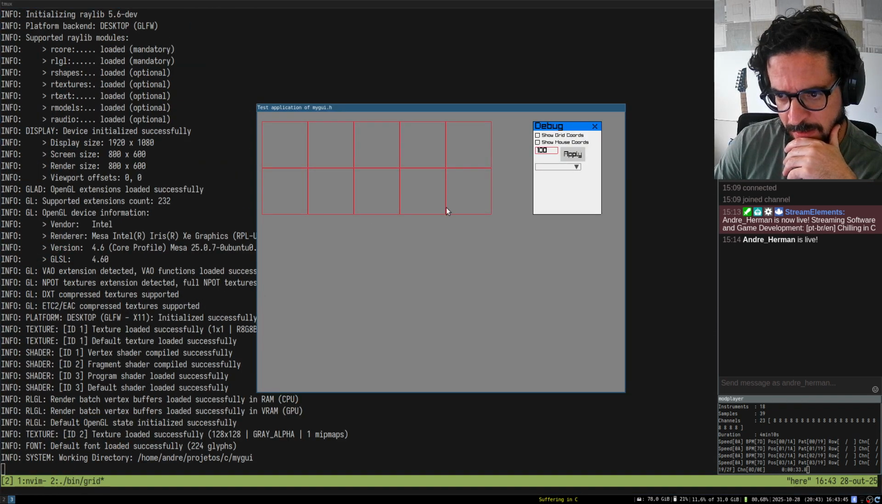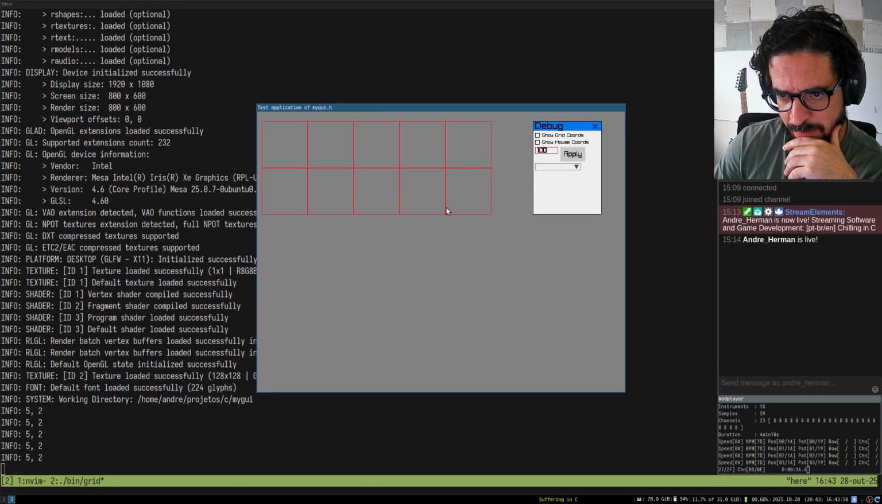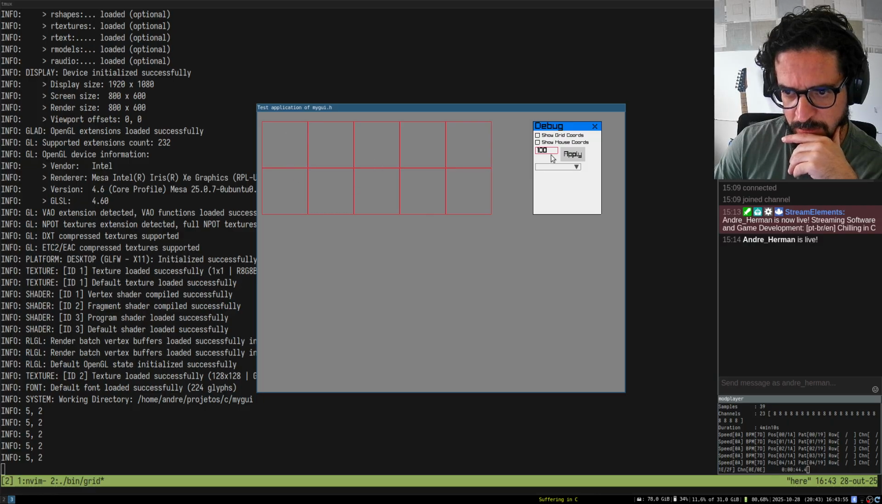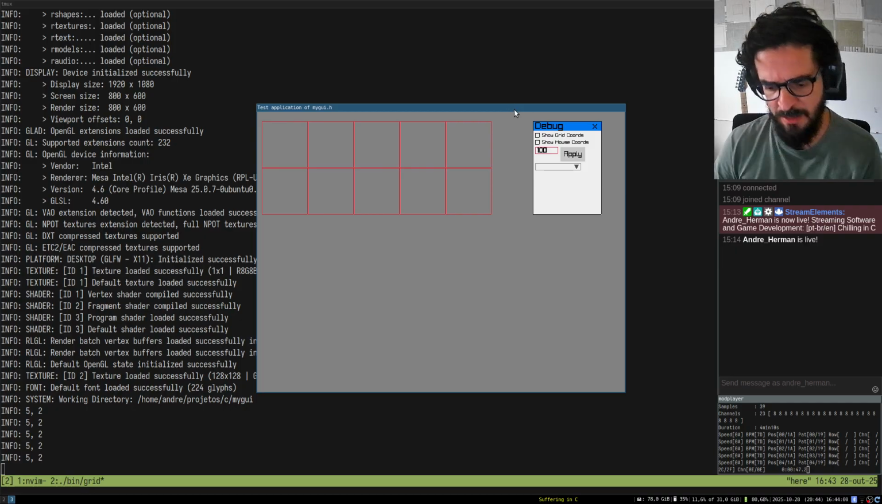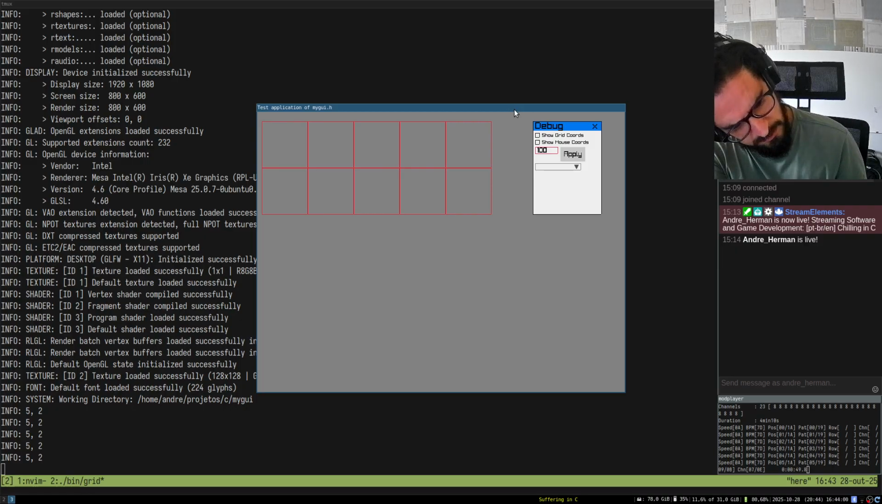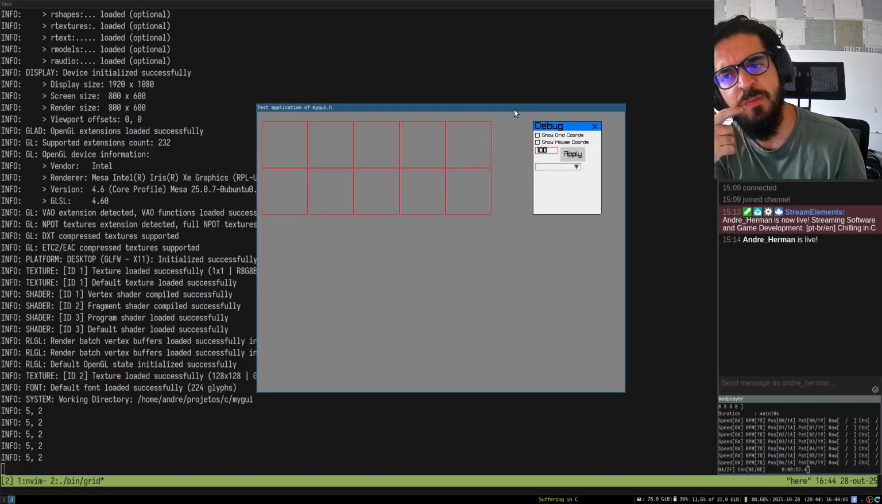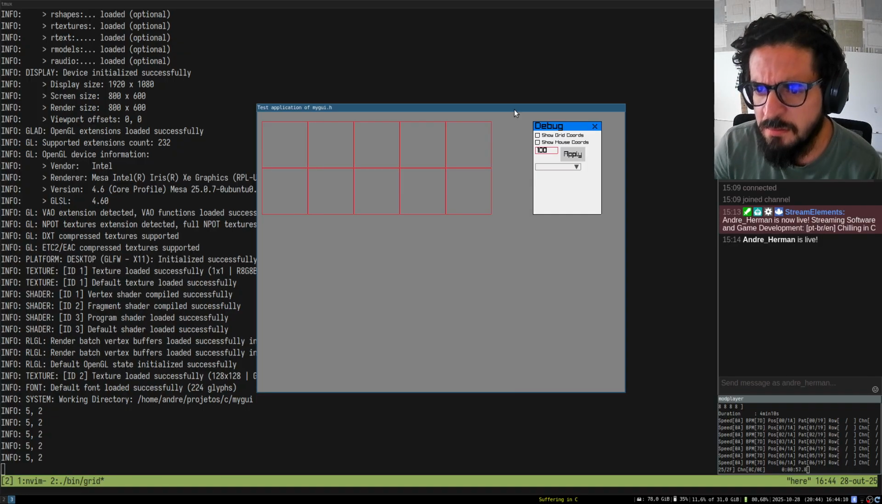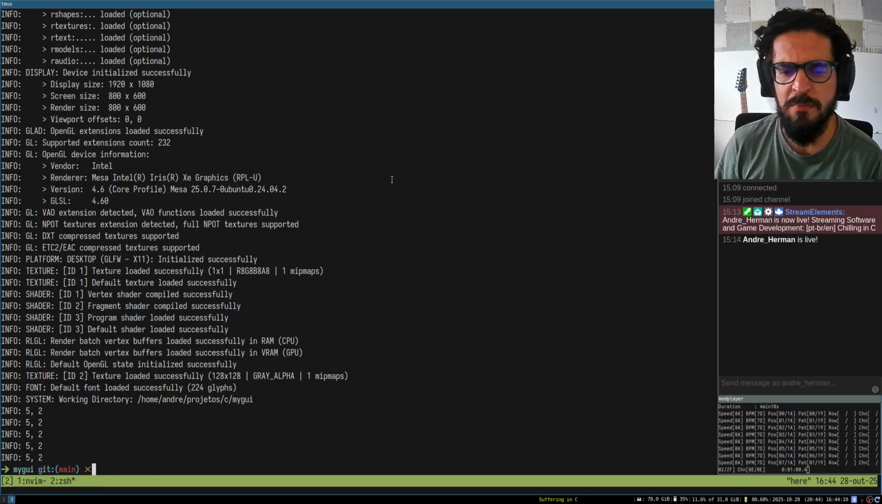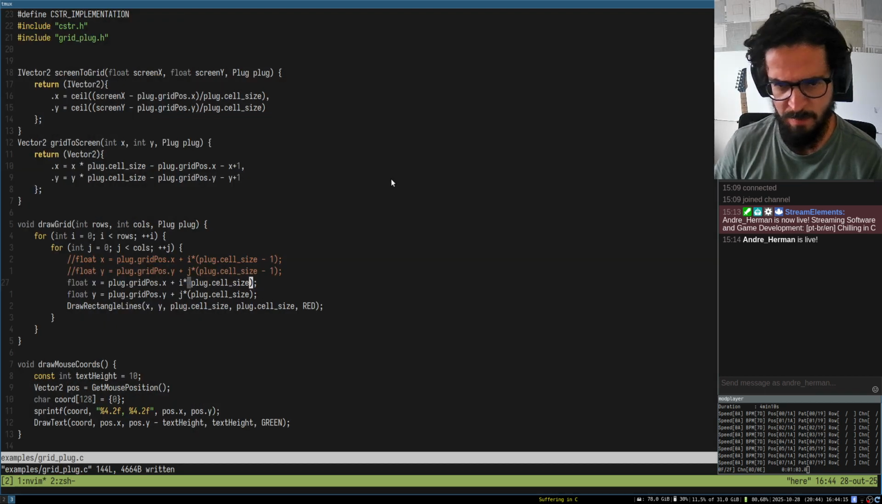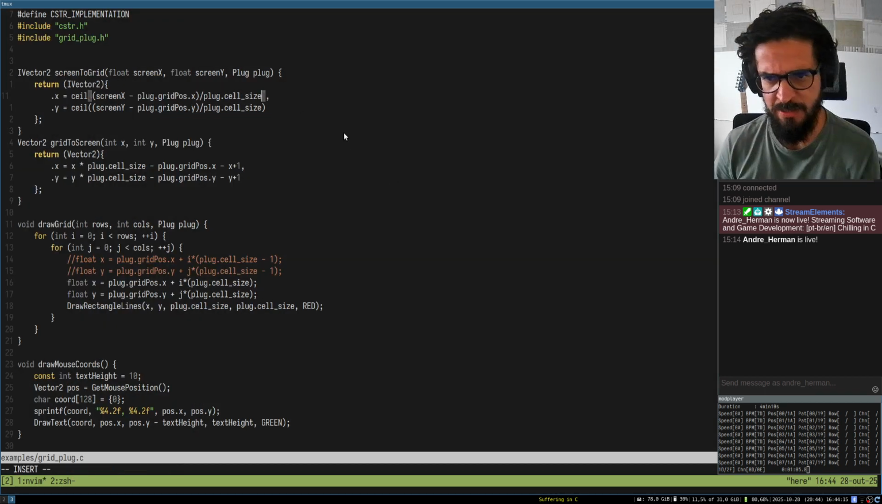Yes, so now it's always 5 because we have larger borders. We have 2 borders for every one of those things. So maybe I just need to subtract 1 from the cell size. Maybe just that. Minus 1. And then